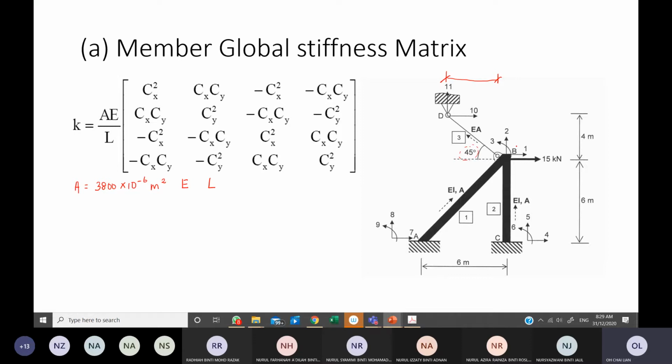Can you calculate again? 7.6. Now I want this horizontal value first, not the length. 4 meter, yes. Okay, so whenever they have this 45 degree, the horizontal and the vertical length will be the same. So the length for the DB will be